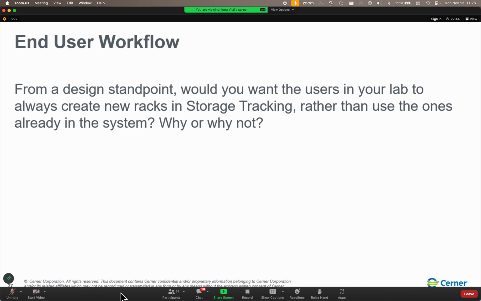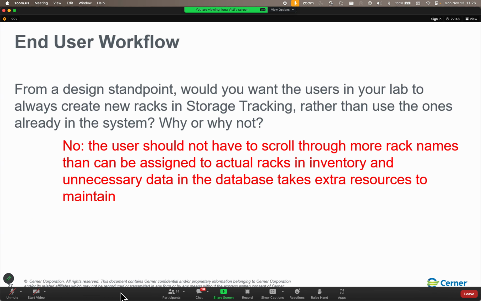Absolutely. And if we go ahead and bring that up, we don't want the end users to have to scroll through more rack names than can be assigned to actual racks in inventory. So that is functionality that we can simply revoke a task from the users, and then they don't have access to be able to create racks anymore. They can always rename a rack, but for the most part, we usually want to go ahead and revoke that